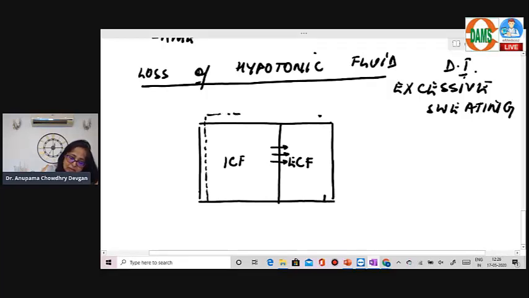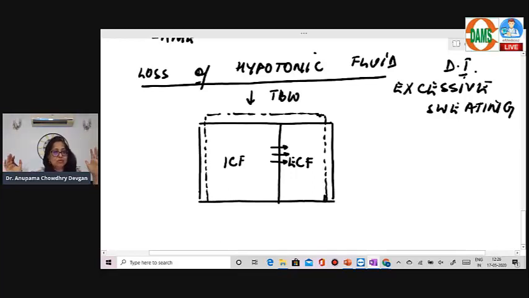So what will happen here? If there is loss of hypotonic fluids, there is a reduction in the total body water that you can see by the dotted line. The volume of total body water has reduced because there is loss of water, loss of fluid. But what has happened to the osmolality? Osmolality has increased. So loss of hypotonic fluids will cause a